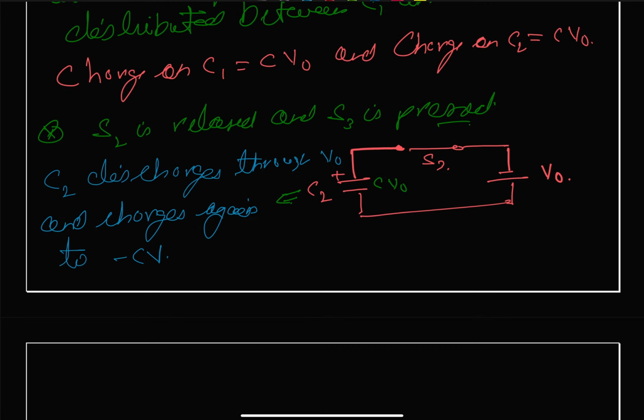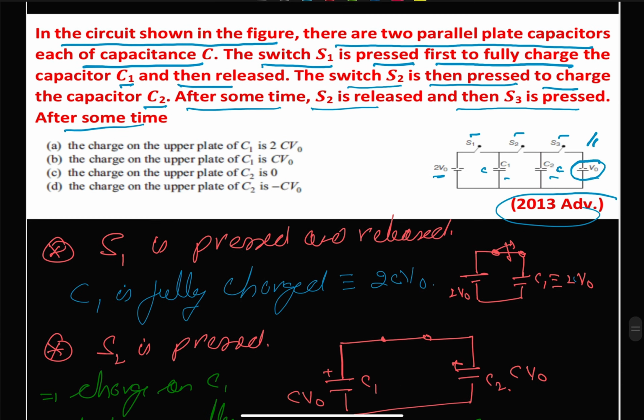So the new charge on the upper plate will be minus CV0. This is our C2. So the charge on the upper plate of C2 is minus CV0. So option D is correct, and the charge on the upper plate of C1 is